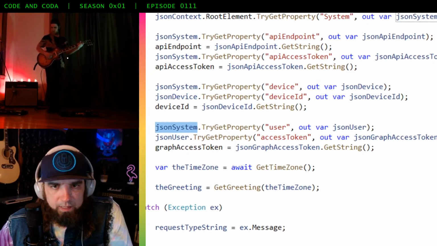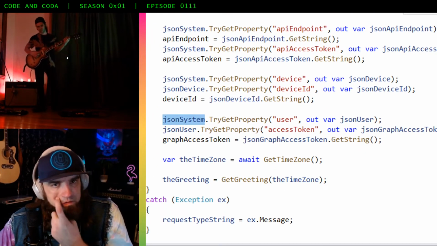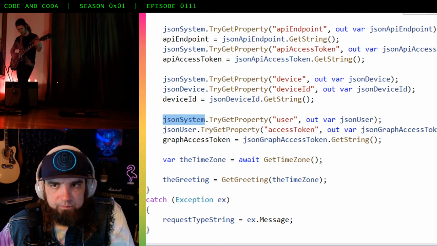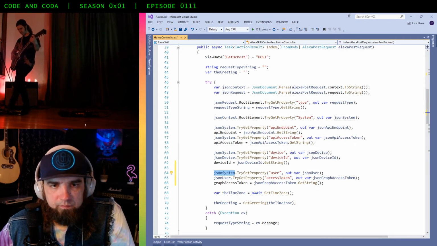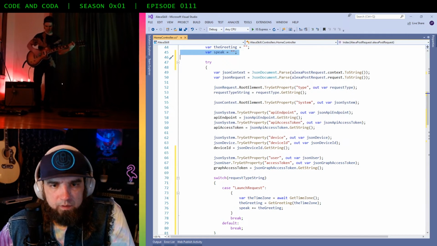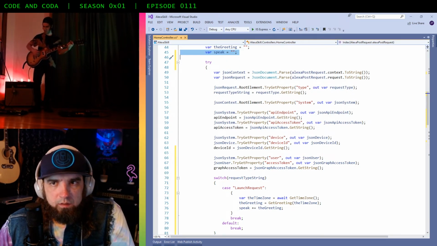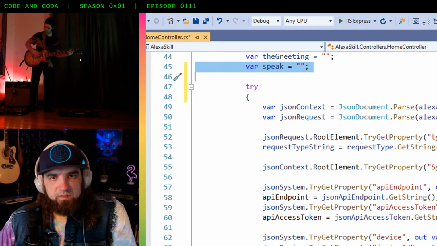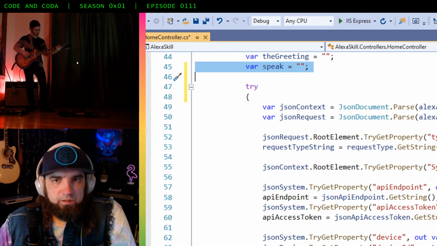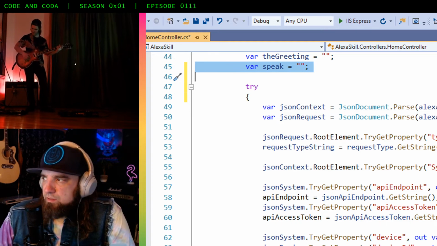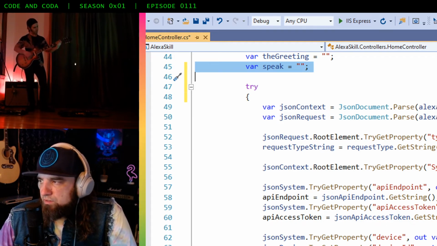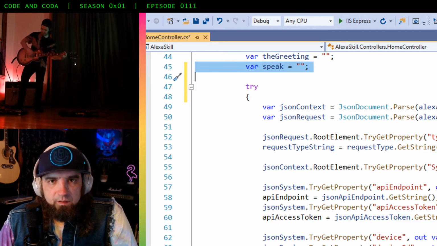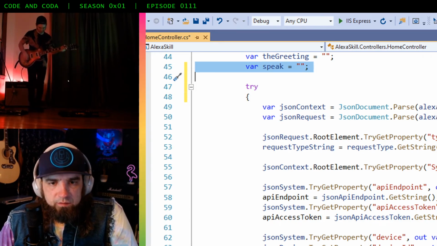And once we get that new access token, go ahead and store that into our global variable. Now I've moved this speak variable to the top because what we're going to be doing next is generating a more custom response based on the intent that is being sent to us.